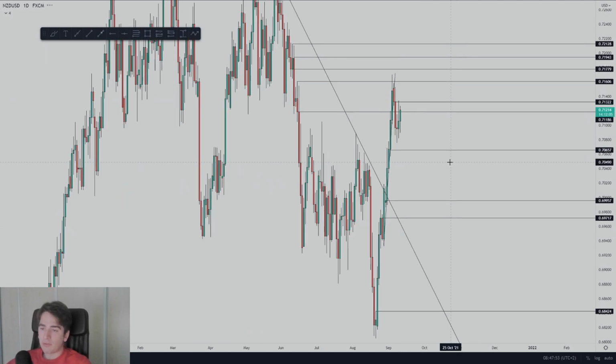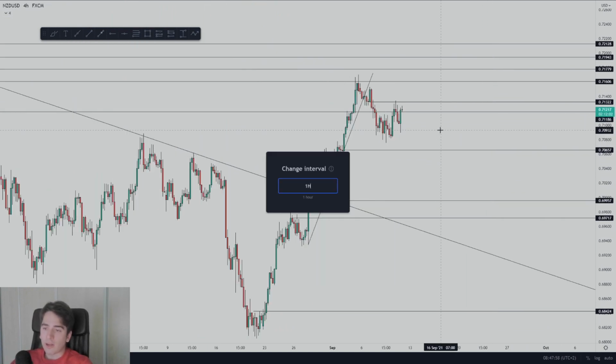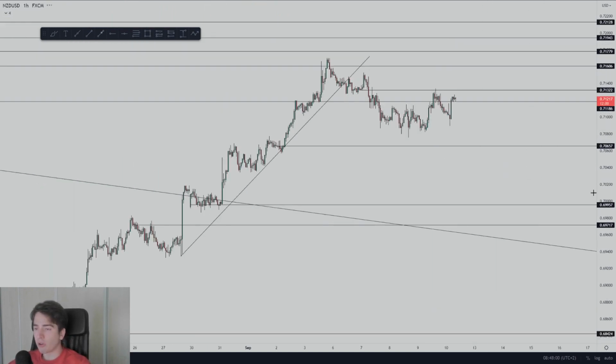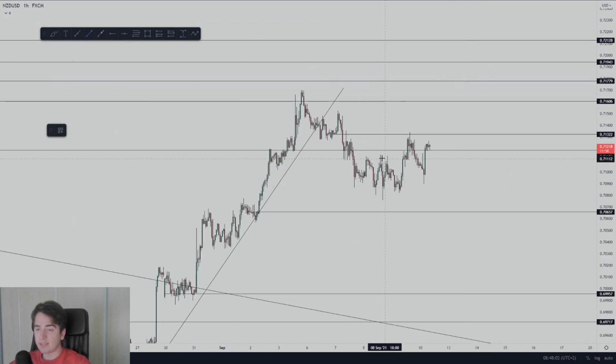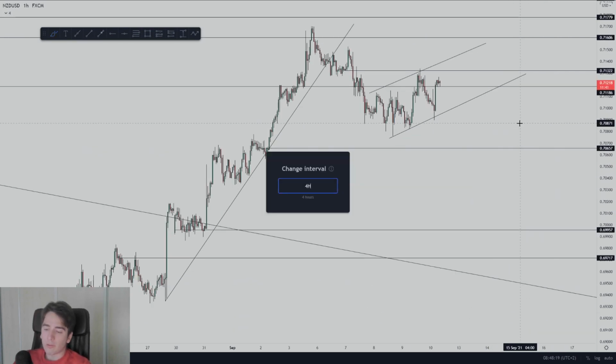But let's say we do move down lower, because essentially it does look good to move down lower. If you look at the 1-hour time frame, it's kind of the same as on Aussie dollar. We have this ascending wedge pattern or ascending channel pattern over here. So what I would like to see is at least this high get taken out for a fake out on the second high, then a tank down lower, retracement 618, supply, and then a further short in towards the lows. That is what I would preferably see.